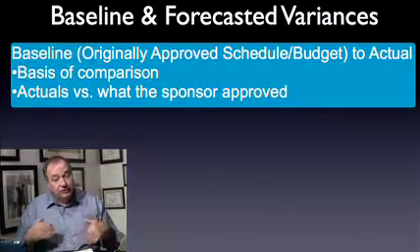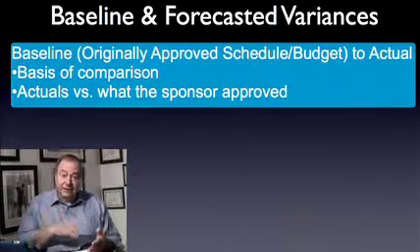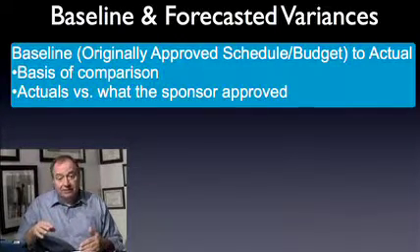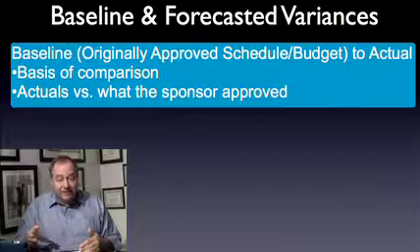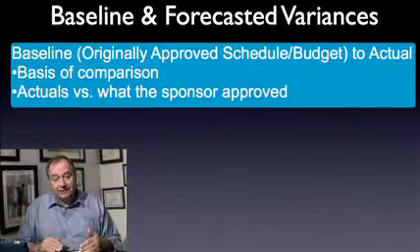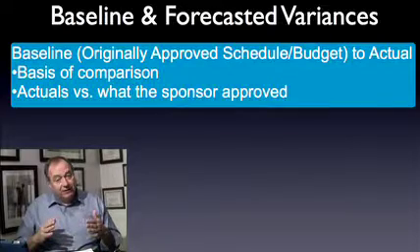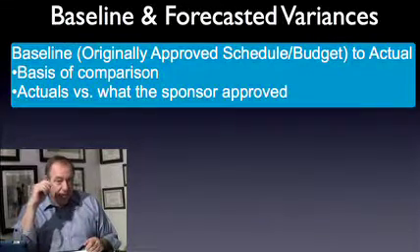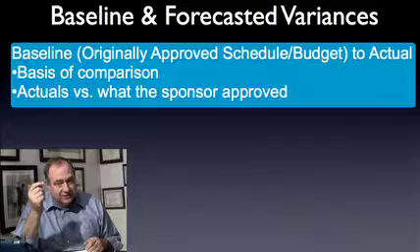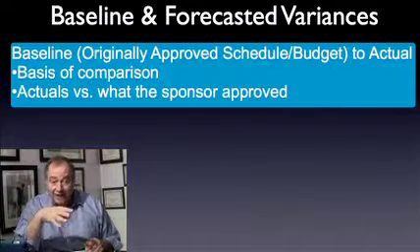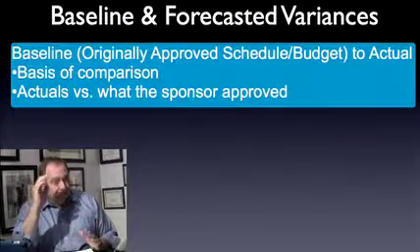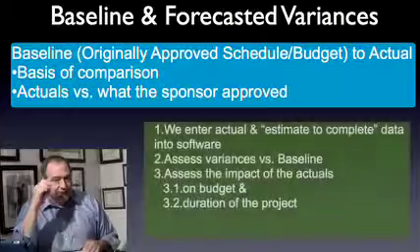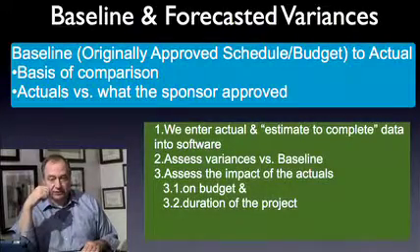So once you've entered the data in the software, including the estimates to complete, the software makes a forecast of the completion date and the project's budget, and gives you variances on every one of your tasks. But remember here, the variances we're talking about are forecasted variances based on an estimate to complete. They're not spilt milk, something that can't be fixed. Receiving those estimates to complete allows you to identify problems early.